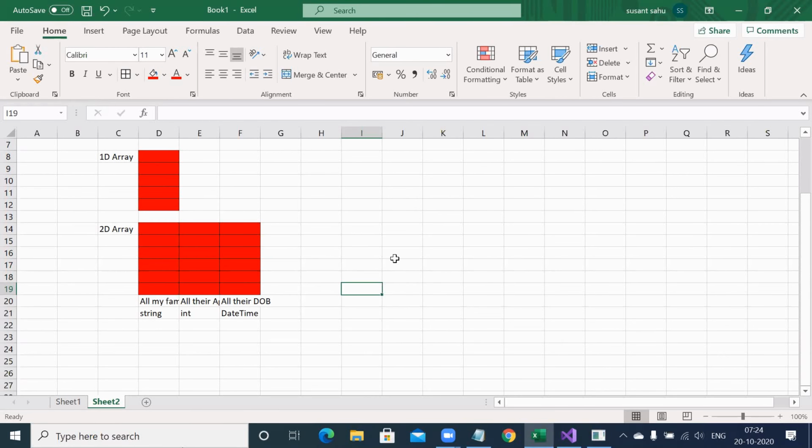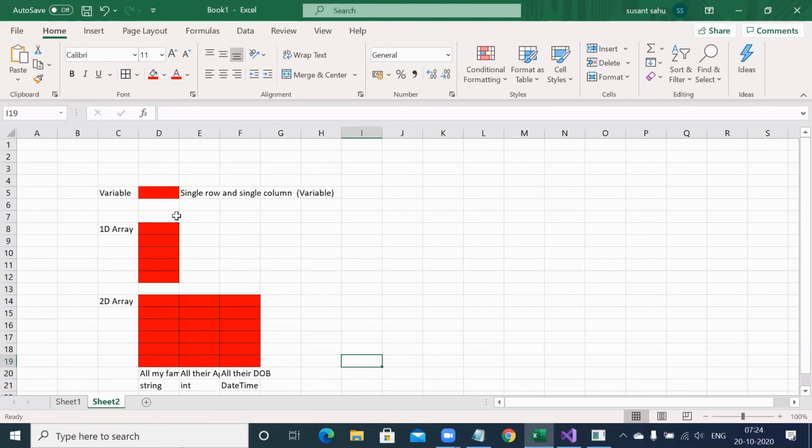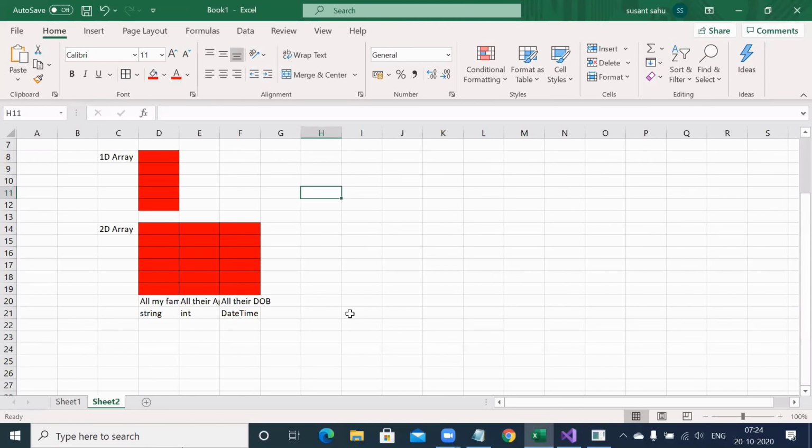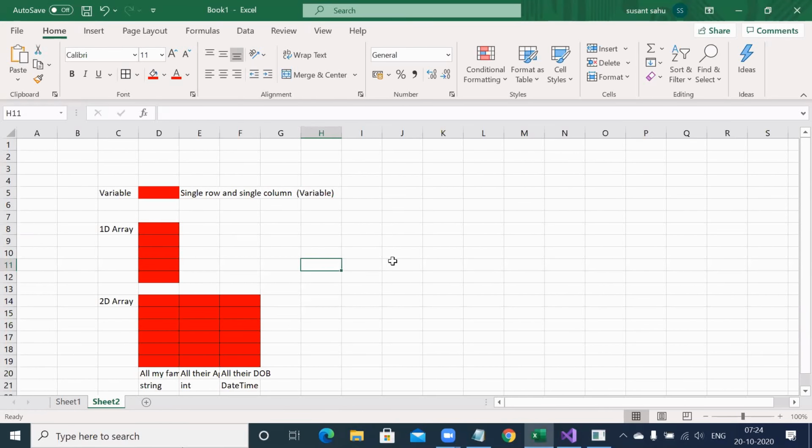Now next level we have something called database. So going forward there is something called collections, generic collections, then database. So generations are improving slowly: variable, single dimensional array, two-dimensional array, collections, generic collections, relational database management systems. Like that, data management is slowly progressing. So in future, whenever you go for any real-time application, the most principal feature of the real-time application is data management. Take the data, store it somewhere and manage it. Any application you think of, the most important feature will definitely be data management.